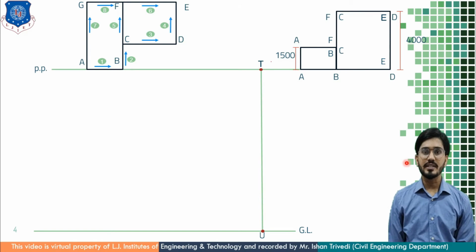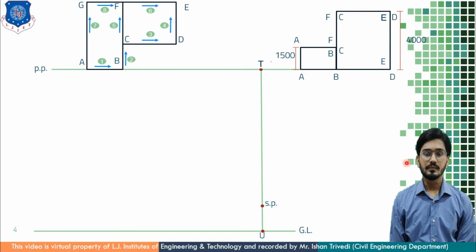As given in the problem statement, the distance of the observer is 12,000 mm, meaning 12 meters from the object, and this will be marked in your drawing sheet. So from point T I will put a point that is called SP. Again I am repeating, from this I am locating a point that is SP. Now understand here, I am taking the reference of the DE line. The DE line is perpendicular to the picture plane.